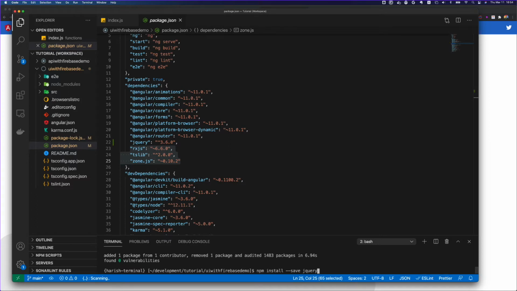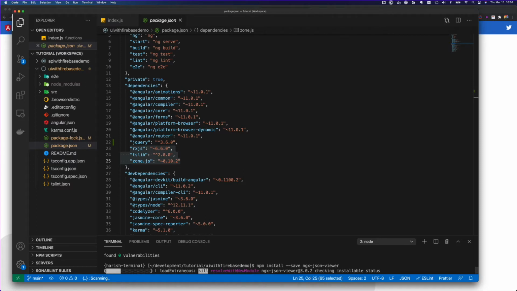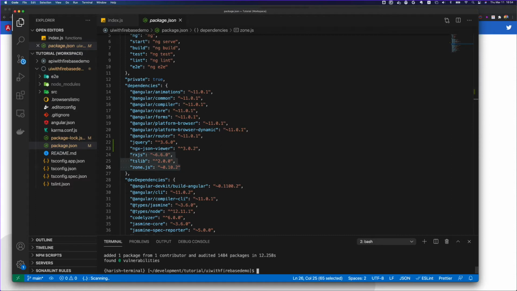So I'm going to install another dependency, that is ngx-json-viewer. So let's wait for this dependency to be installed.